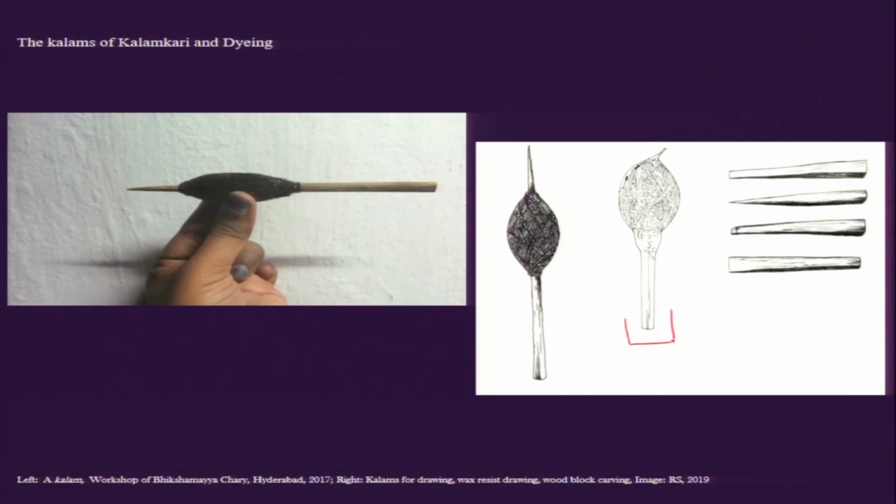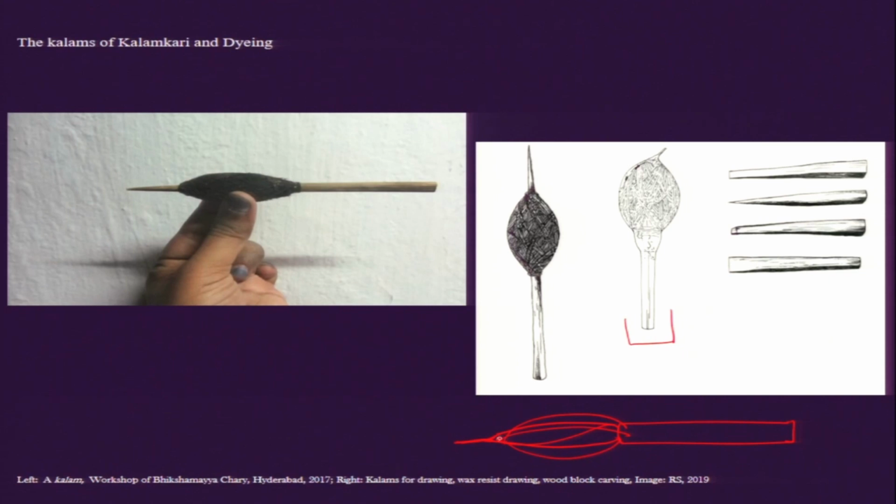Now if it is about doing the hand drawn kalamkari, then what about the other kinds of practices and why are they called kalamkari there? So here in this image on the right side is a representation of a wax drawing kalam, and in this wax drawing kalam we also see a bamboo grip, and on the bamboo grip we have an iron tip. Two iron wires are used for making the tip, and this iron wire also makes this fine tip there, and sometimes iron is used or sometimes copper is also used. Then it is wrapped with human hair.